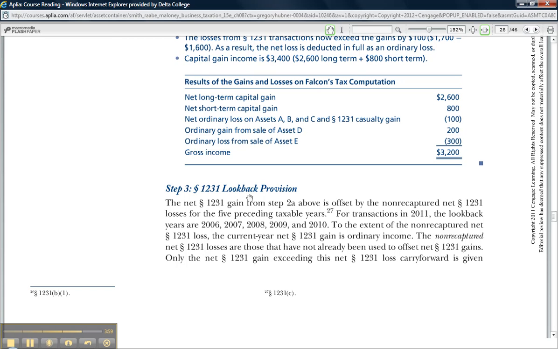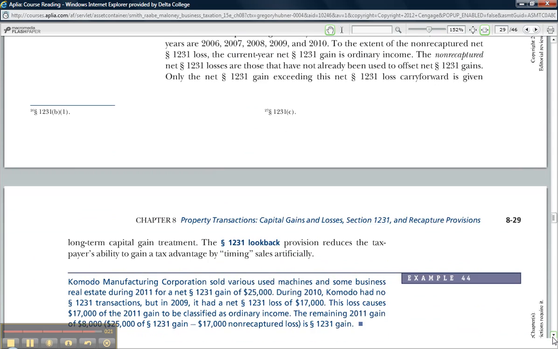Long story short, if a company has 1231 losses, aka ordinary losses, in the previous 5 years, then the government's not going to let you get capital gain treatment on 1231 gains that arise this year. They're going to want you to treat gains this year as ordinary gains, ordinary income, just like you got ordinary deductions in the previous 5 years. So you have to look back at those previous 5 years to determine whether you had any losses in those years, and then you have to recharacterize some or all of your 1231 gains as ordinary. So that's one of the ways that 1231 gains can be treated as ordinary income, as opposed to the general rule of